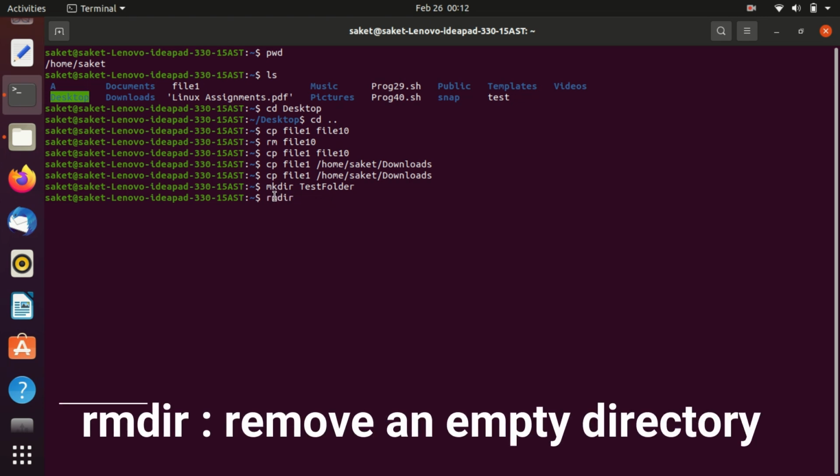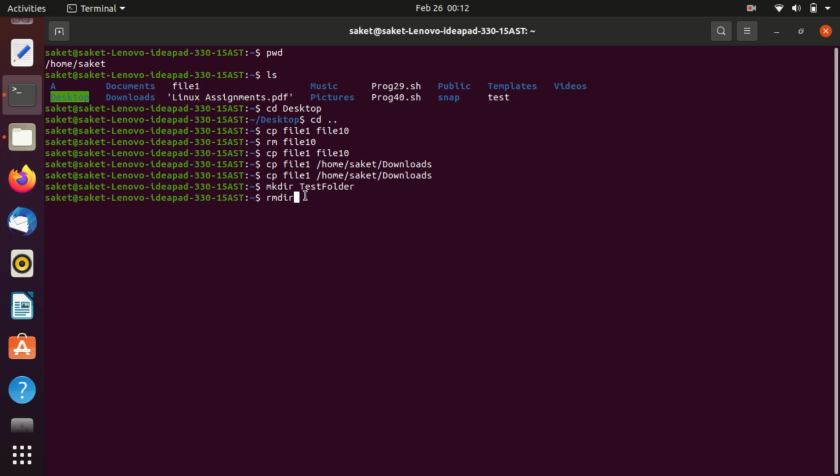Rm stands for remove and dir stands for directory, like mk means make and dir means directory. Similarly, rm for remove and dir means directory. So I will write rmdir, which stands for remove directory, and the directory name, that is test folder, which I want to